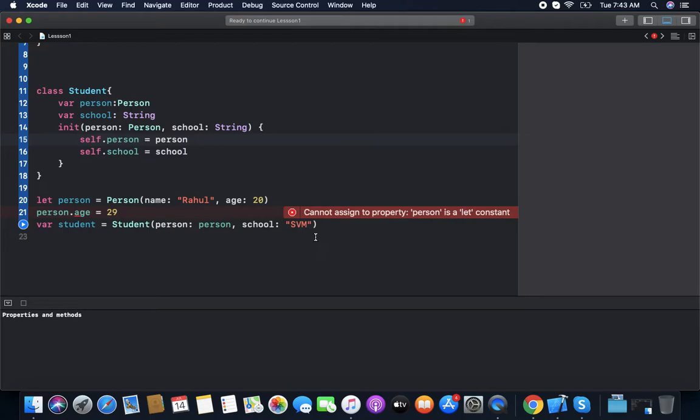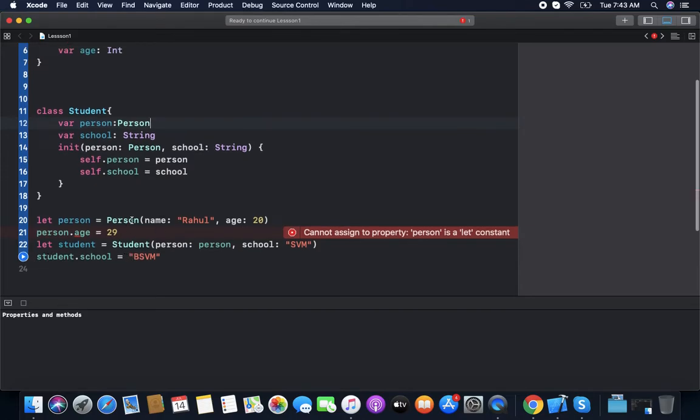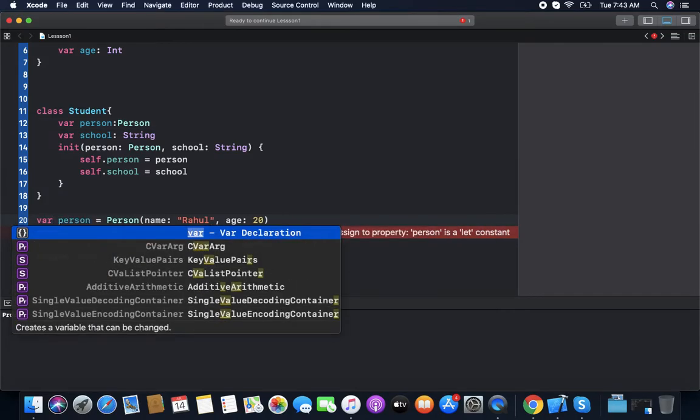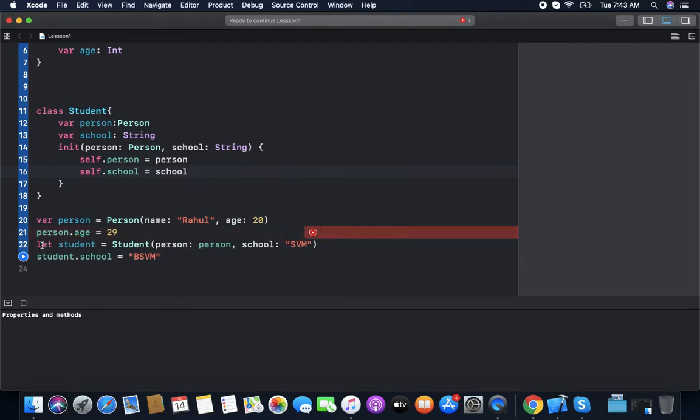But in the case of student, if we want to change the student's school, we can do it with var, and we can do it with let too, because classes are reference types and references can change anything. What is the difference?